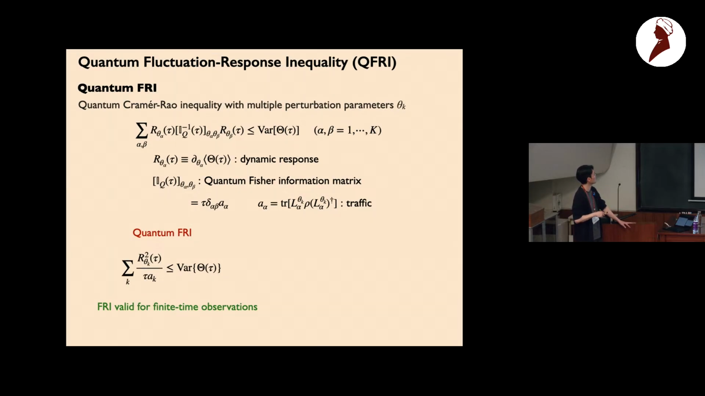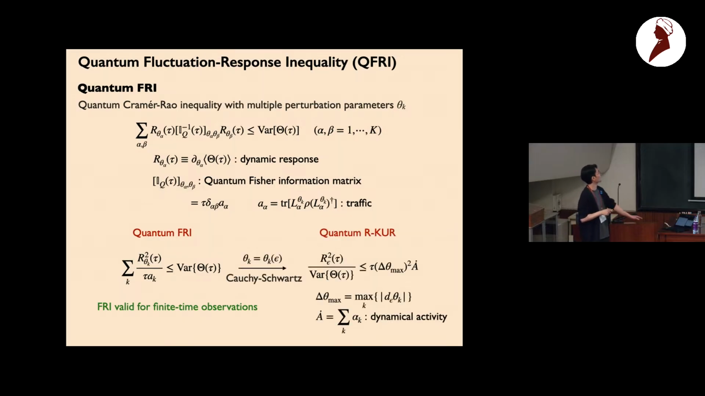So it simply reduces to this simple inequality. So this is a quantum fluctuation response inequality. We found actually that this is the same form as the classical case. Okay, so from this